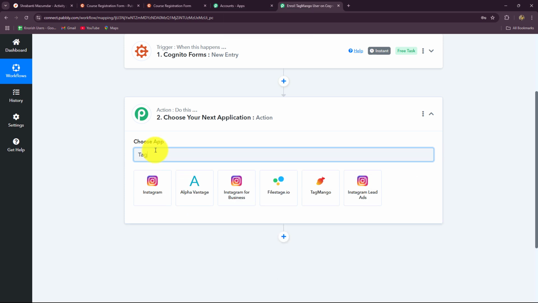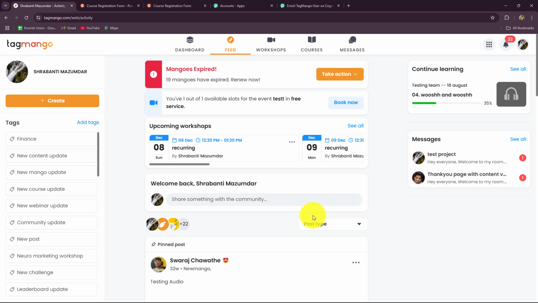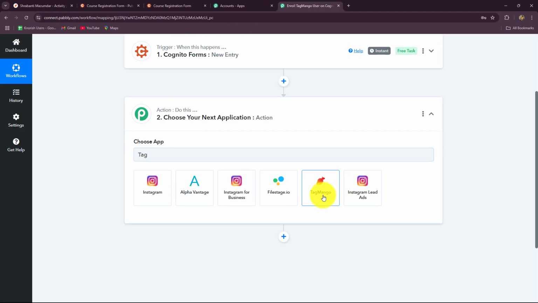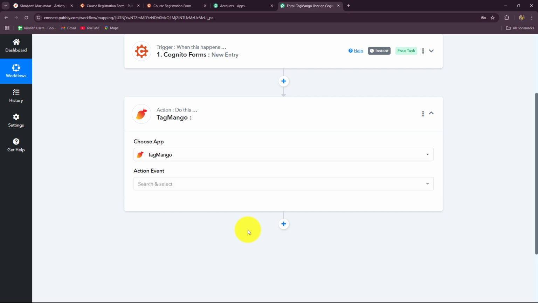TagMango. TagMango is a creator monetization platform designed to help creators, influencers, and online educators to build exclusive communities and sell premium content to the subscribers, to the paid customers. So here, because I am providing exclusive content for each of the courses, that's why I'm using TagMango over here. Okay, so here I'm selecting TagMango as my action application, and I want to enroll the student who has submitted